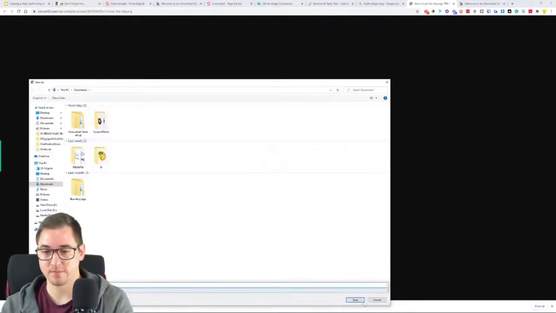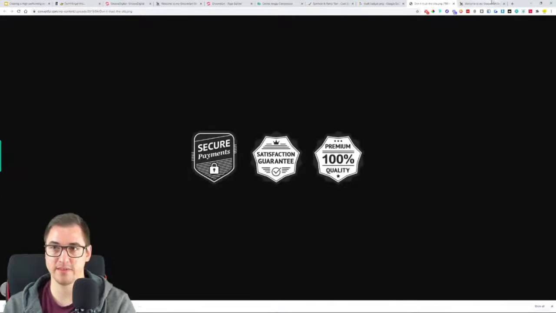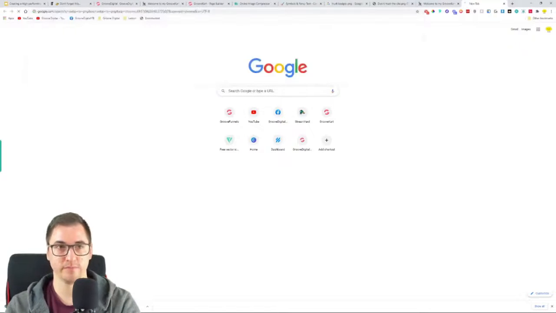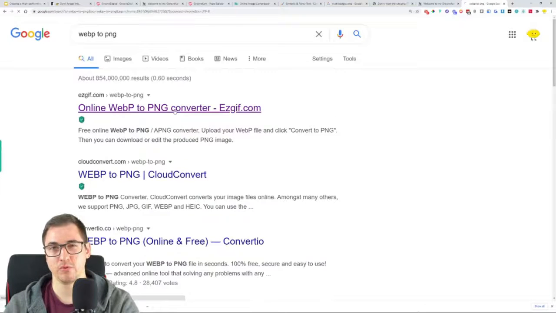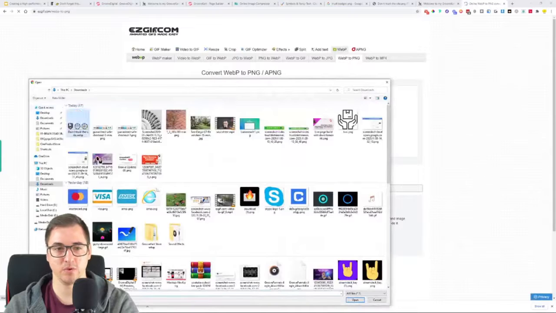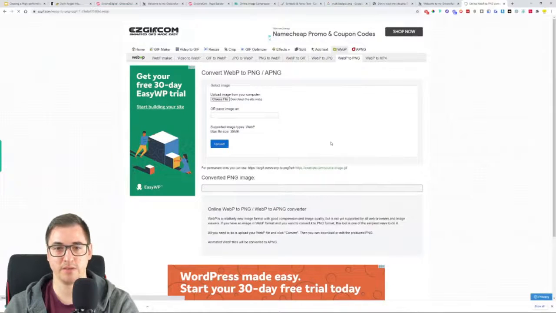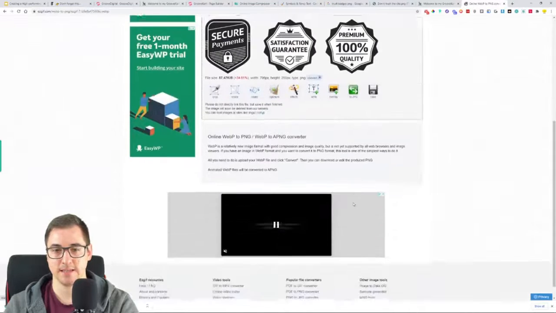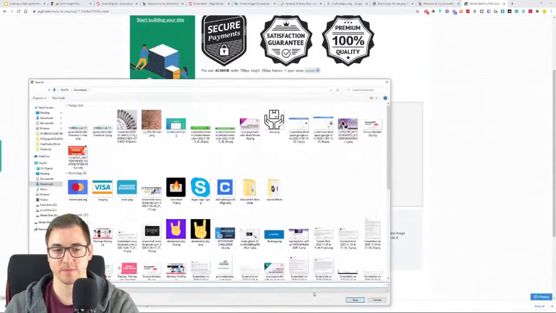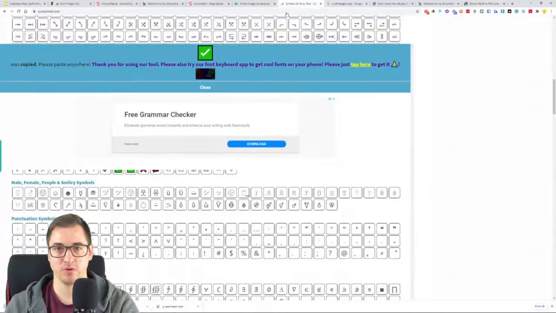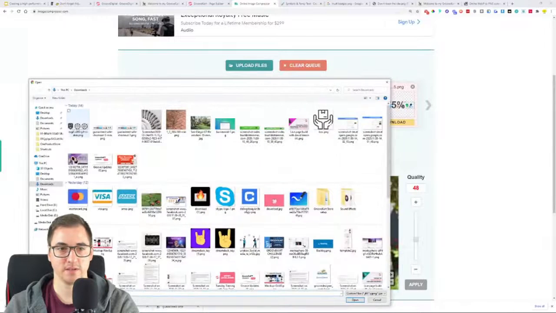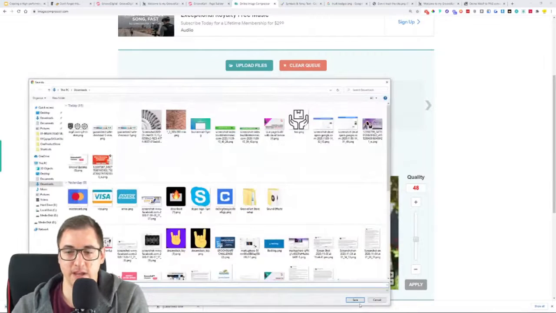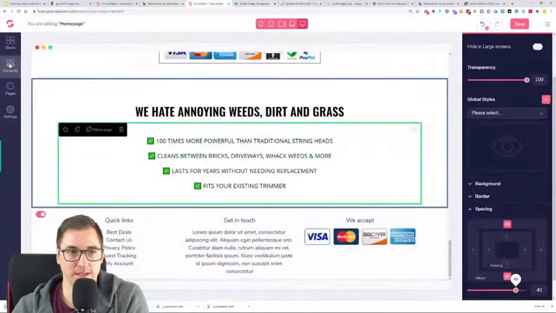Save image as. This is a WebP image. So when you save this, you would need to go and convert WebP to PNG. You need to convert it because at this moment GrooveKart cannot work with WebP images. Once you upload it, you convert it to PNG, and that is it. Now click save. And at this moment, I want to compress it. So I want to compress the PNG. It's already 57 kilobytes, but now it is much smaller. After doing this, I can upload the actual image